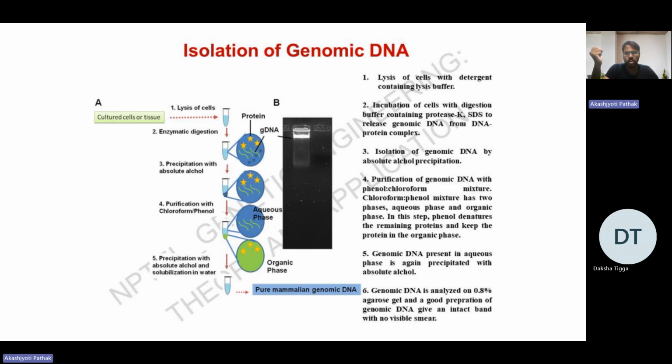Okay, so now the aqueous phase is taken out, and it is precipitated by treating it with 100% ethanol. When you precipitate with 100% ethanol, the DNA which is present in your aqueous fraction gets precipitated, and then you can recover this precipitate. You can air dry it, and then resuspend it in water or in TE buffer, or you can give another 70% ethanol wash. Then that pure fraction that you got, you can run on a 0.8% agarose gel and analyze the purity of your genomic DNA. Okay,